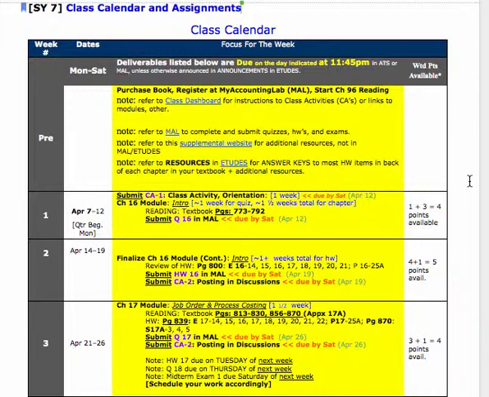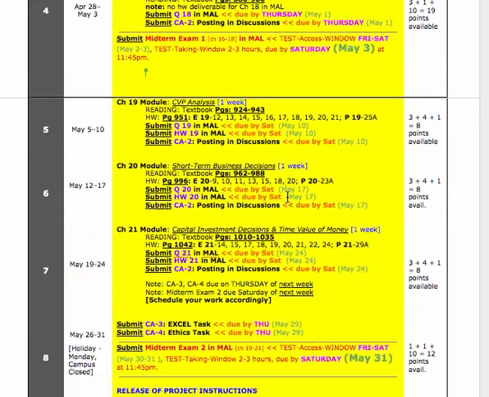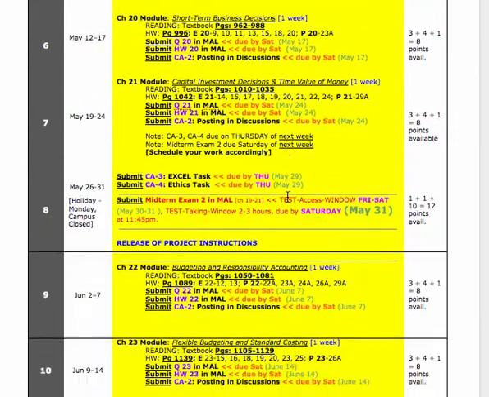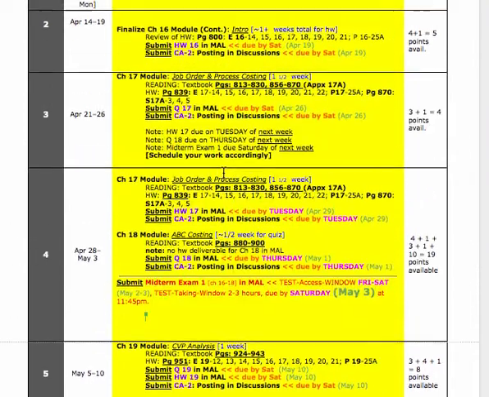Item 3. The calendar is organized by week, with a pre-week, meaning before the beginning of the quarter, weeks 1 through 12, which represent all the weeks in the quarter, obviously one row in the calendar per week, and at the end you've got the post-week or post-quarter, which is the things that I need to do and you also must do to close the class. Let me go back to the top